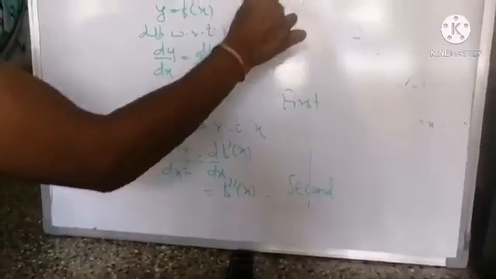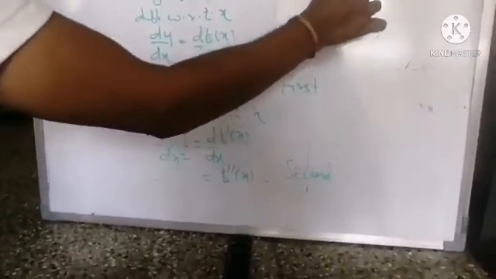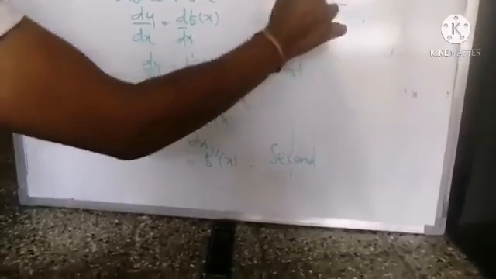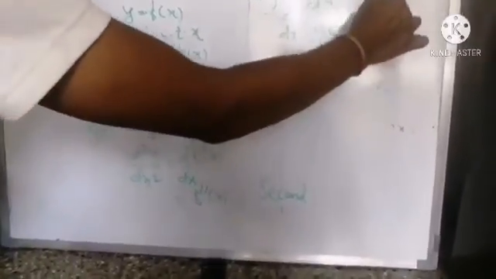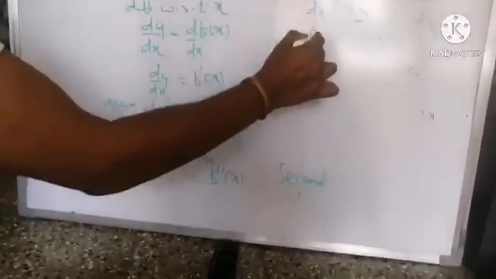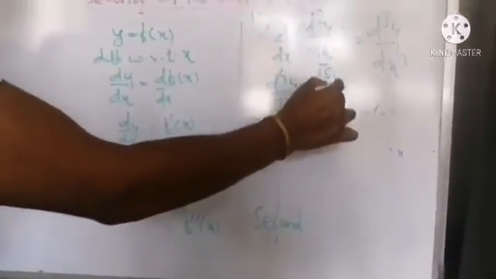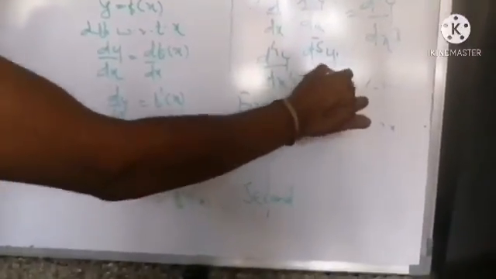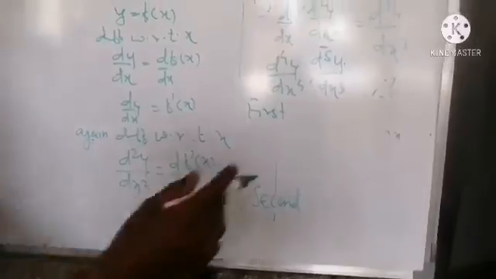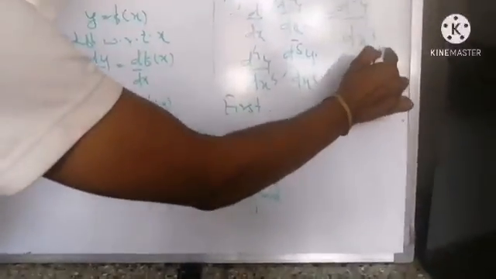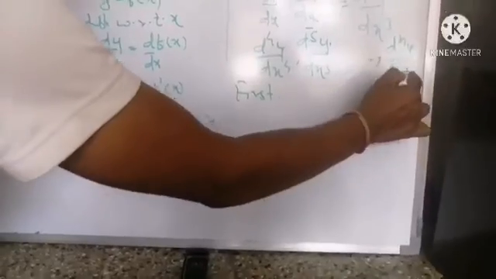Similarly, we differentiate d square y by dx square with respect to x, then we get d cube y by dx cube, that is third order derivative. Again we differentiate this third order derivative, we get d raised to 4 y by dx raised to 4, fourth order derivative. Continually we successively differentiate these, so we get higher order derivatives, d raised to 5 y by dx raised to 5 is the fifth order. Similarly, nth order derivative will be written as d raised to n y by dx raised to n. Okay, these are the higher order derivatives.